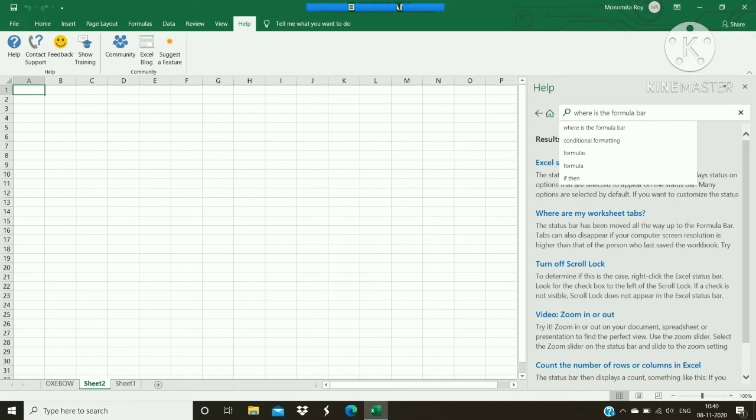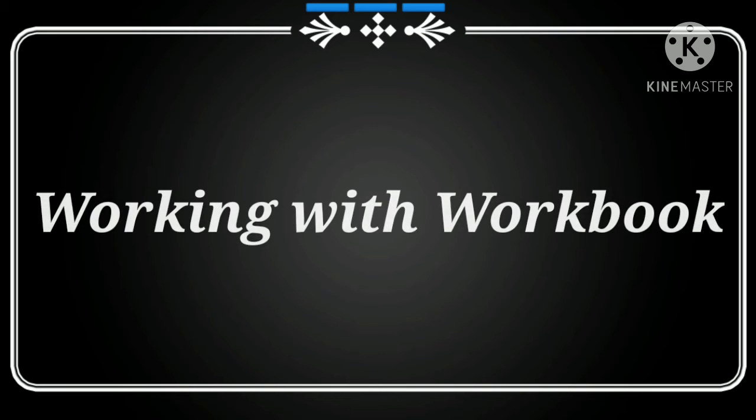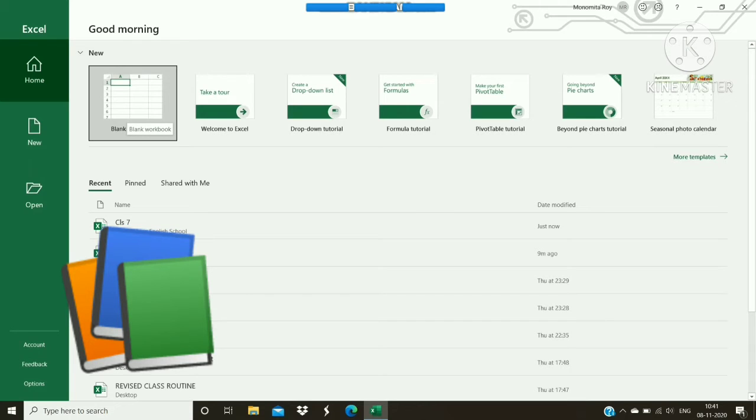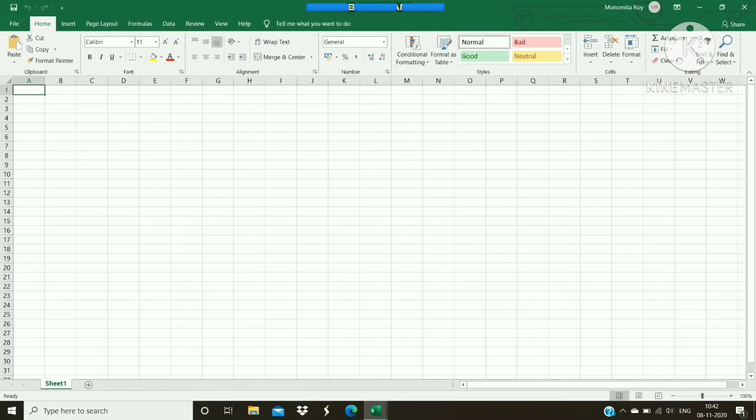You can also find the help option by simply pressing the F1 key on the keyboard of your desktop or laptop, okay. A blank workbook will be available to you when you open MS Excel. Book 1 is the name of the first workbook displayed to you, and the current active cell is known as A1, okay.